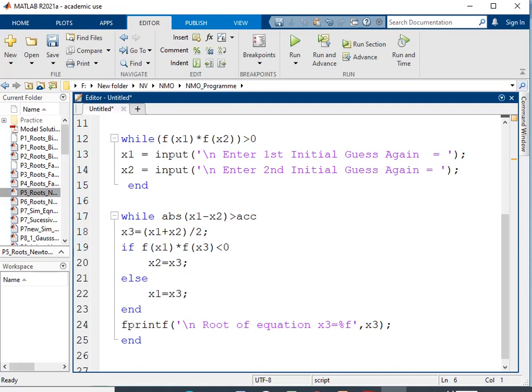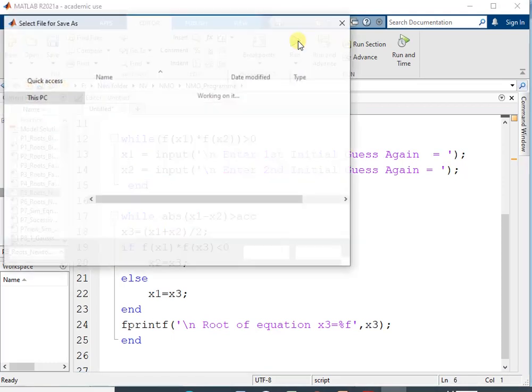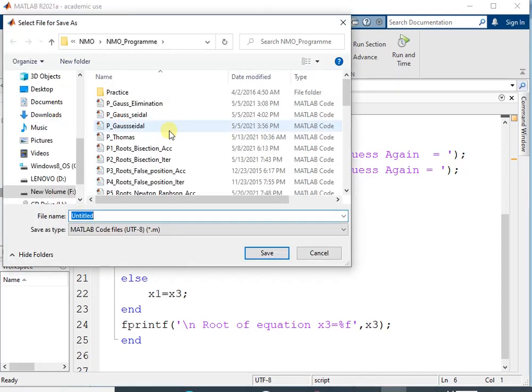Now let's run this program. To run this program, click on this run icon. If your program is not previously saved, it asks you to save this file. So I am going to save my files in the defined directory. To save the file, always remember that you need to use a letter as the first character. Then don't use any spaces between the characters. Instead of space, you can use the underscore.